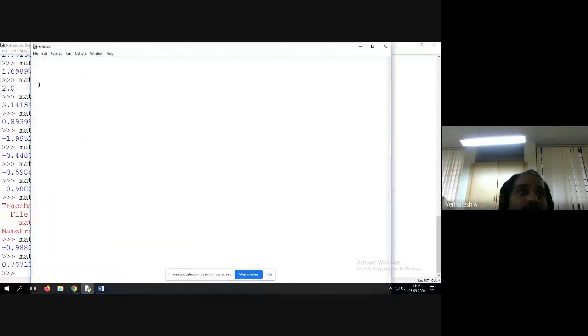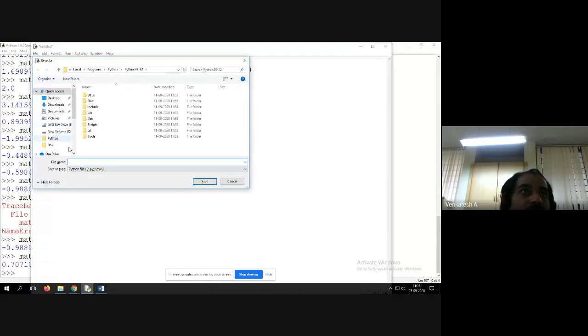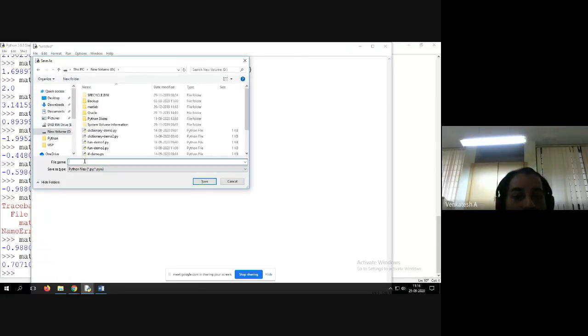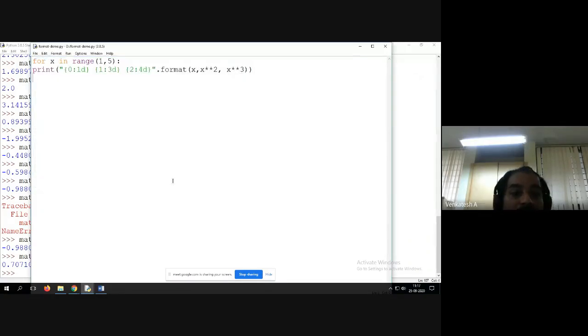File, new file, Control S, save it. I want to save it in D drive as format demo.py. Then F5 to run.